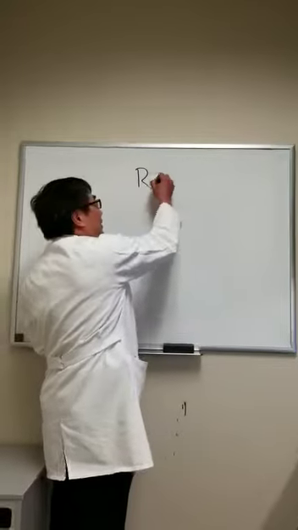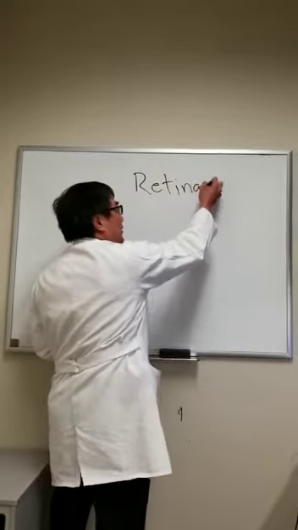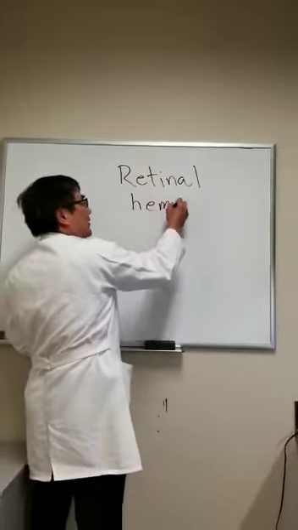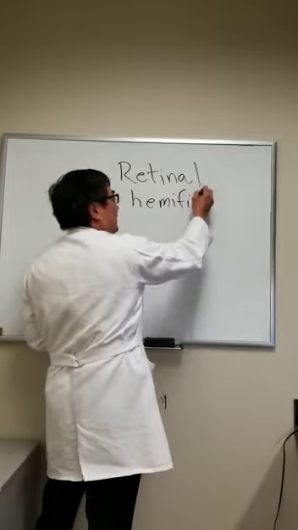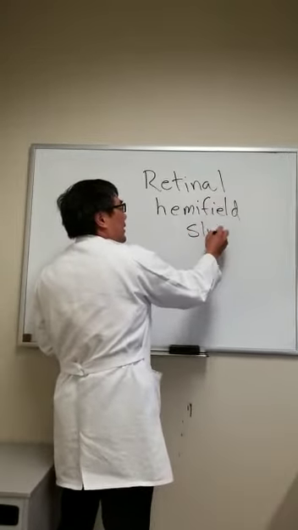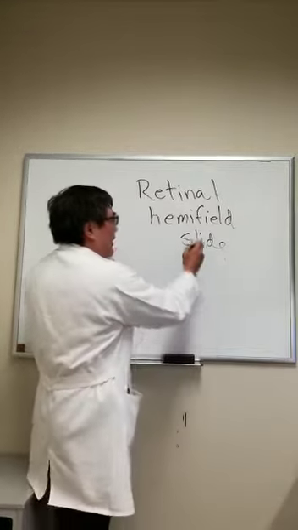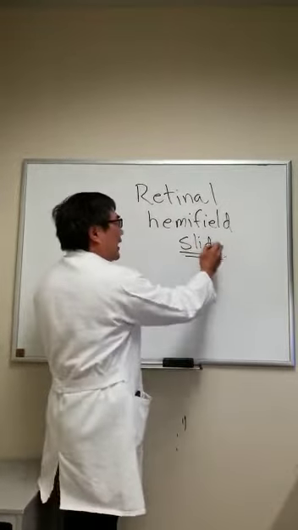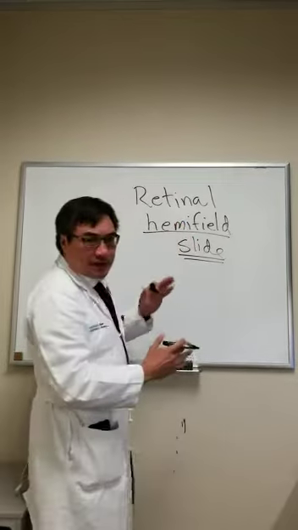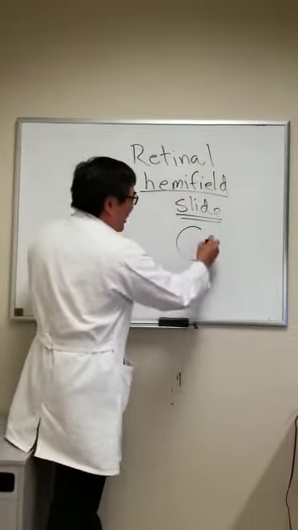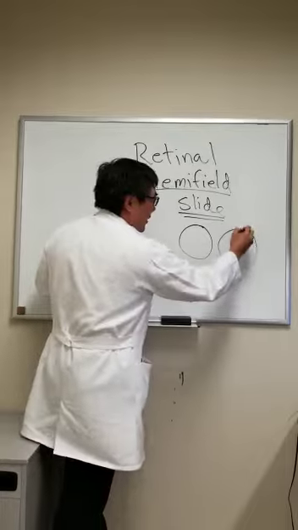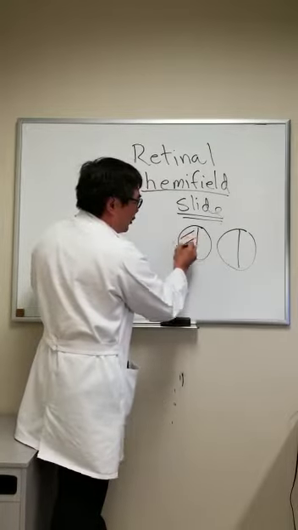Today we're going to be talking about a very unusual thing called the retinal hemifield slide phenomenon. Basically, the retinal hemifield slide phenomenon is when the two visual fields slide because the hemifields don't align. And so the prototype for the retinal hemifield slide phenomenon is a patient who has a chiasmal tumor, like a